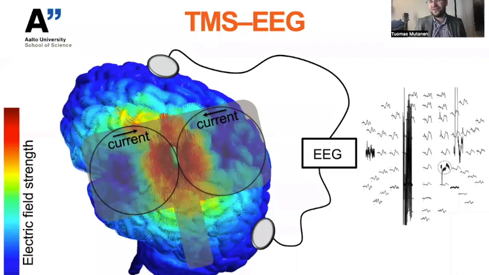So, of course, the idea of combining transcranial magnetic stimulation with electroencephalography is to measure directly the responses of the cortex when we stimulate it with the transcranial magnetic stimulation. Unfortunately, the strong magnetic pulses also easily create many sorts of artifacts and noise signals that we would want to remove before we start to analyze the interesting good stuff that is the TMS-EEG of the brain.